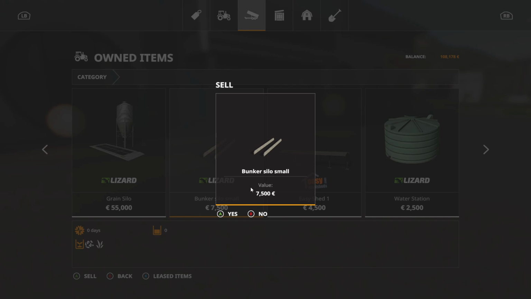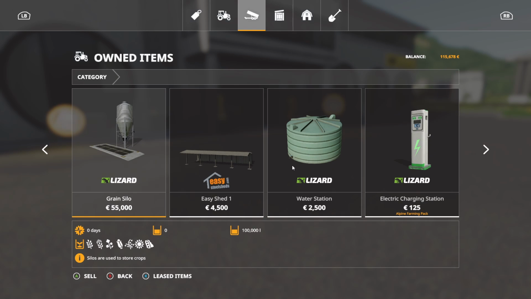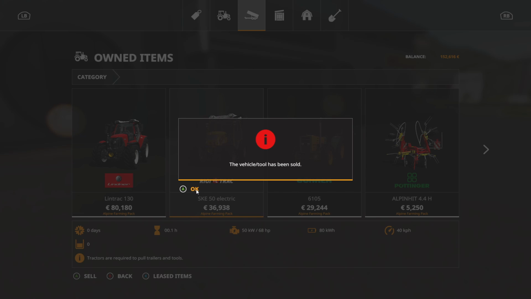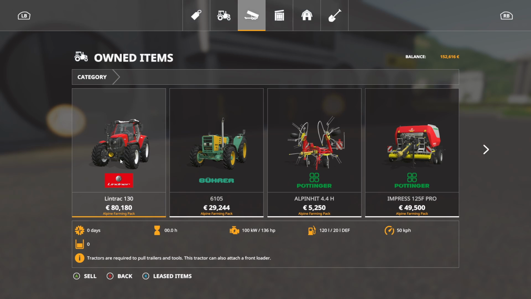I'm going to sell the bunker silo because we don't need that, and I have some plans for that area. I am going to sell the electric tractor because I don't think a little 50 horsepower thing is going to, I mean, it'll tow stuff around. It'll do that small mower, but I actually want to use a larger mower. So, I'm going to keep hold of this beast for now, and I'm going to keep hold of the Lintrack,